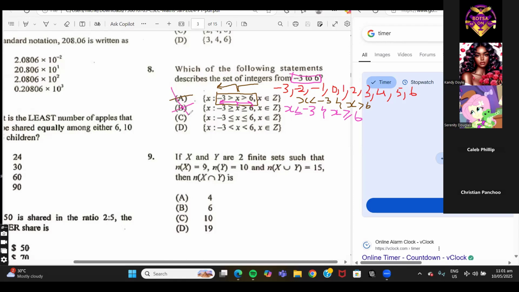So it's either C or D. Let's see what C is saying. C is saying x is greater than or equal to -3. That sounds like it. For those who are not sure, x is greater than or equal to means you must start from -3, which is what we have here. The first number that is bigger than -3 is -2. So yes,